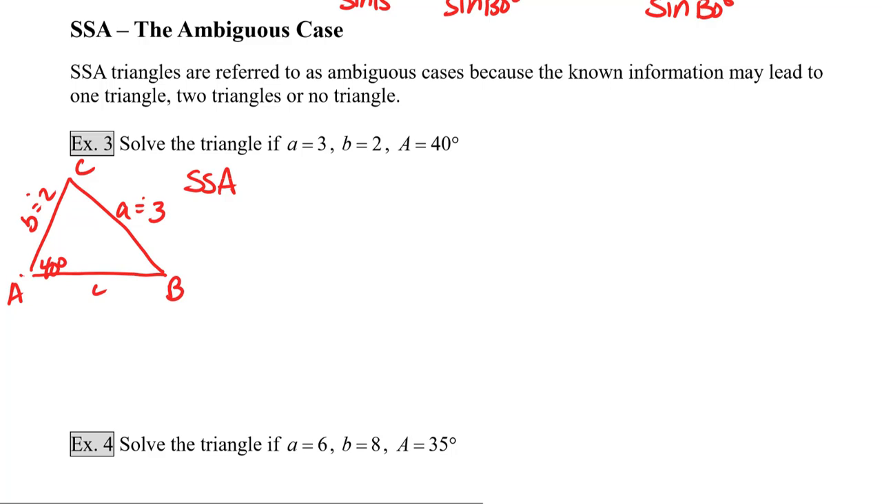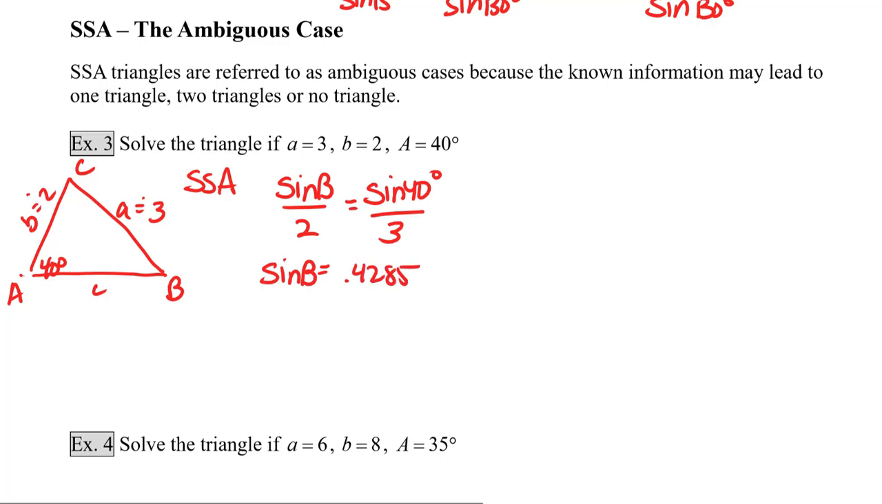So I'm going to start by looking for angle B. It's the only thing I have enough information to find right now. So I'm going to say that the sine of B over 2 is equal to the sine of 40 over 3. This leads to the sine of B equaling 0.4285. If I evaluate the inverse sine of that number, I get that angle B is equal to